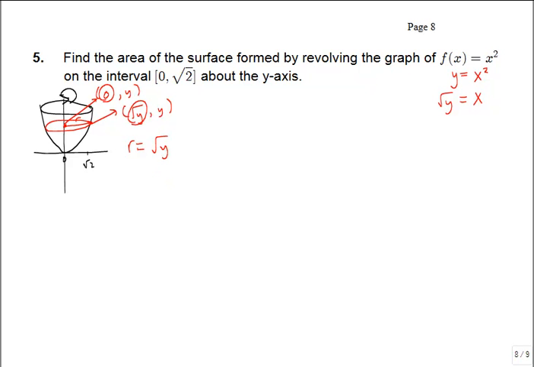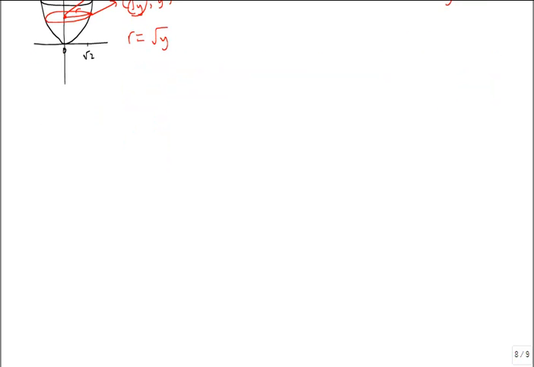Okay, now that's option 1. Really quickly, let's see option 2. Same region,